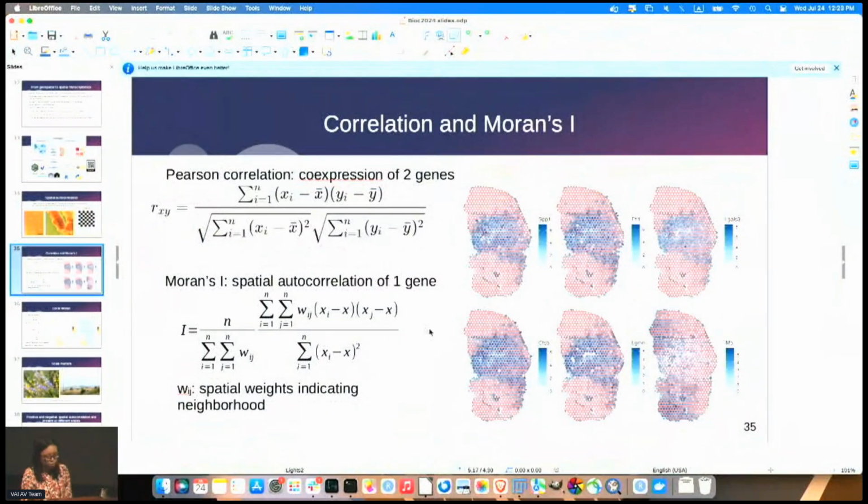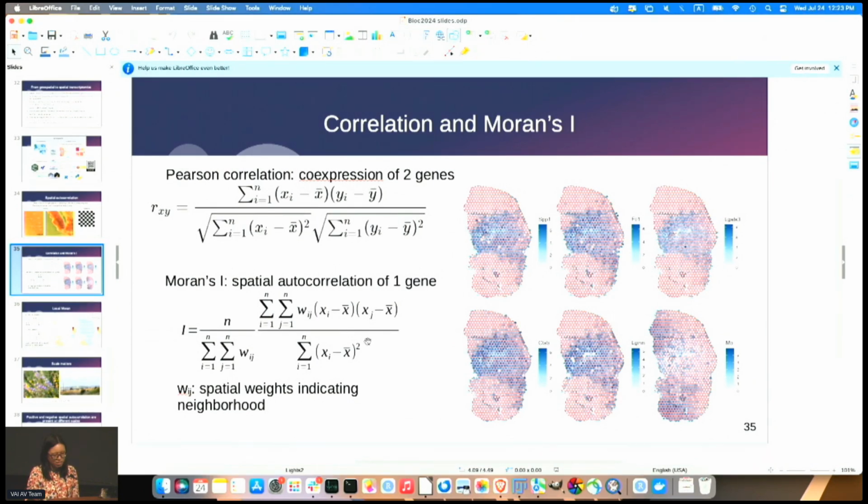The most common measure of spatial autocorrelation is called Moran's I. I will not go into the math in detail here, but it's a little bit similar to Pearson correlation, though not the same. It usually ranges between -1 and 1, except in pathological cases. If you have a positive number, it means that you have positive spatial autocorrelation. If you have a negative number, it indicates negative spatial autocorrelation.